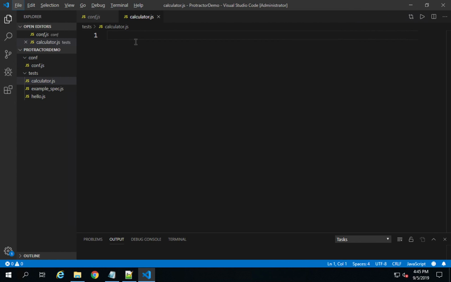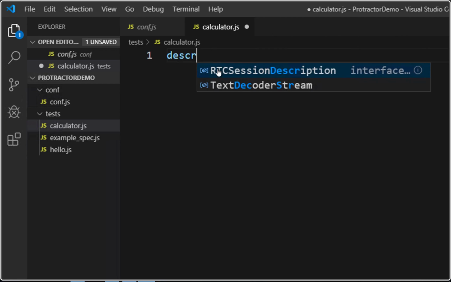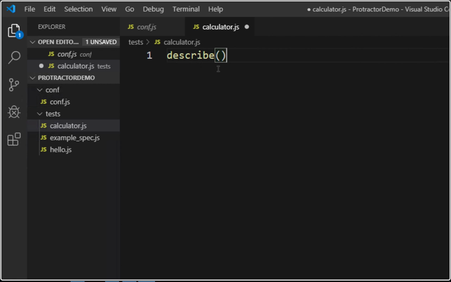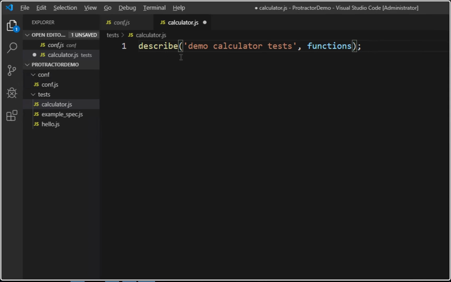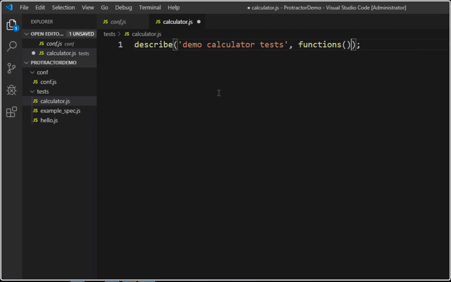So for now I will just go here, and I will start with describe. So we use describe and brackets and give a semicolon at the end, and in the bracket you can give the name of your scenario. So describe is like a scenario, so I will say demo calculator tests and then comma and say function, and here again give brackets, and then give a curly bracket start and a curly bracket close, and I can put the end bracket in the next line. So this is a scenario in Jasmine framework for Protractor,